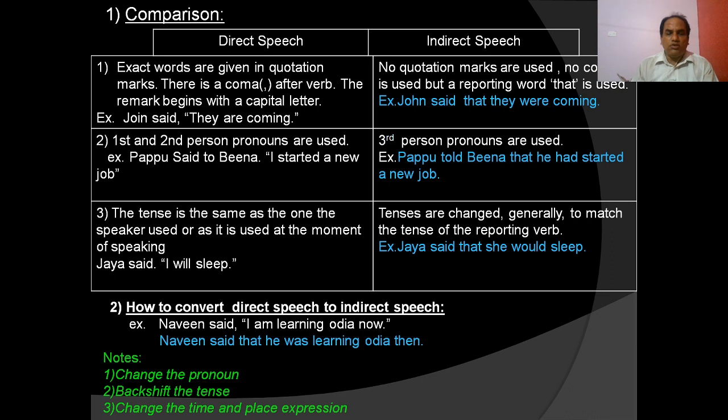How to convert it to indirect speech? Nobin said... You see, there is the omission of the comma in indirect speech, and inverted commas are no more used in indirect speech. We replace them and use a reporting word. We have to change the pronoun: I is replaced by he. And we have to make the change of tense. I am learning, present progressive, is changed into past progressive, was learning, because the reporting verb is said,